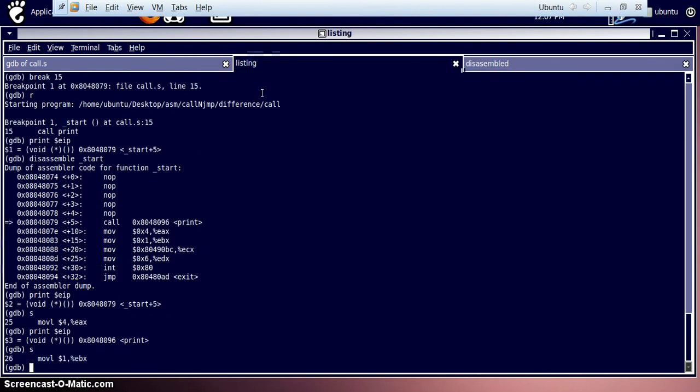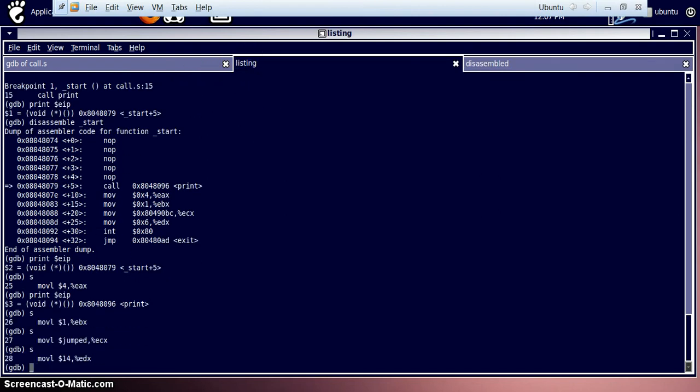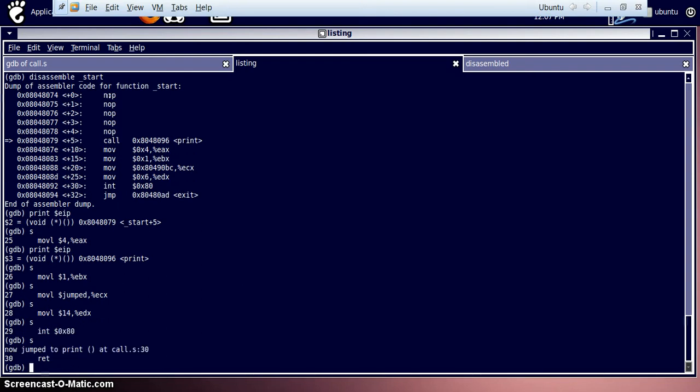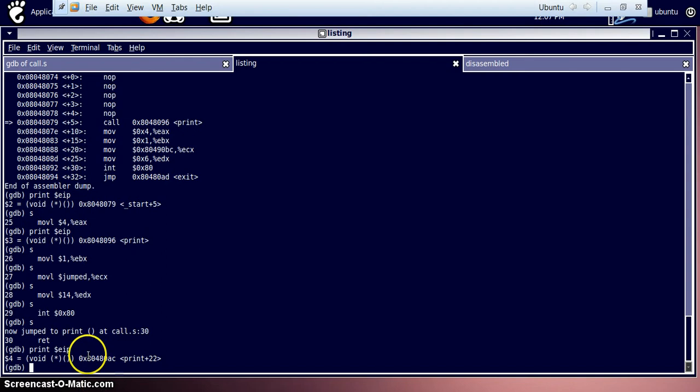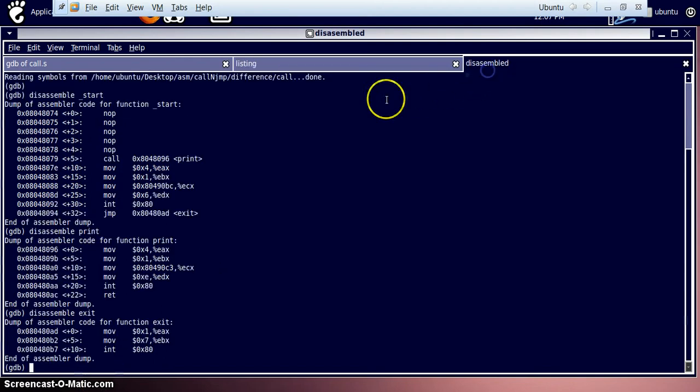So we'll keep stepping. We stepped over the interrupt, so it is just waiting to be executed, return. Fine. So let's check our pointer. Our pointer is at 480AC. Where is 480AC? 480AC is the address of our return instruction. Okay, so just after the return instruction, pay attention to where the program execution flow goes.